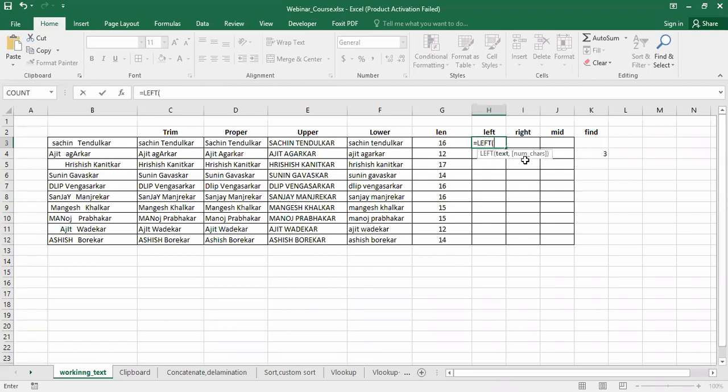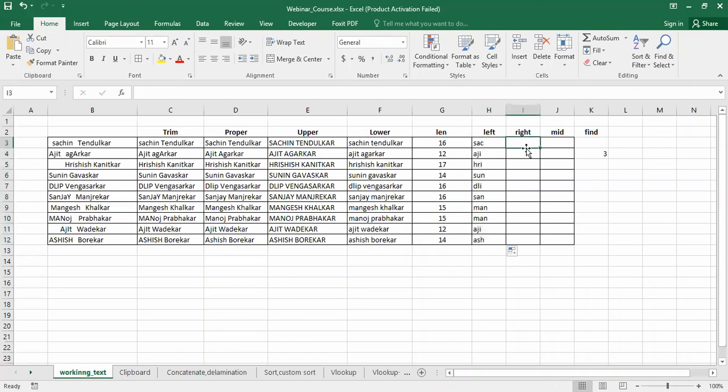So I will go fast because we have so many commands to see. Okay. So text, from which text do we want to copy? So from this text, let us say. Then it is going to start from the first character, right? So it is asking how many characters you want to copy. Let us say 3 and enter. You can see now here SAC, right? And if you double click on that, three characters have been copied from the left.